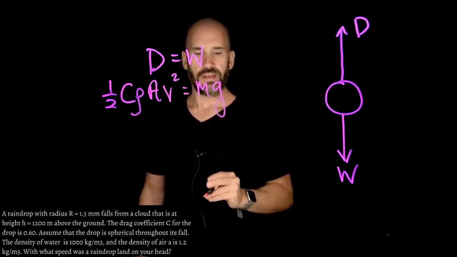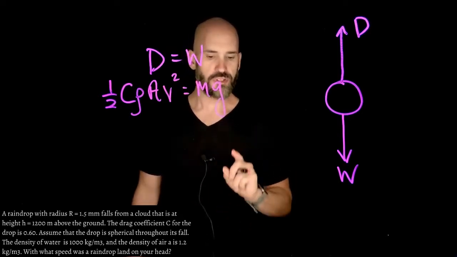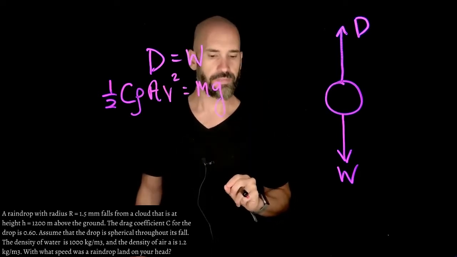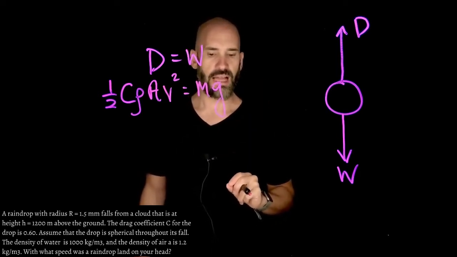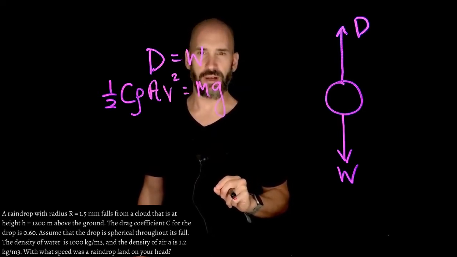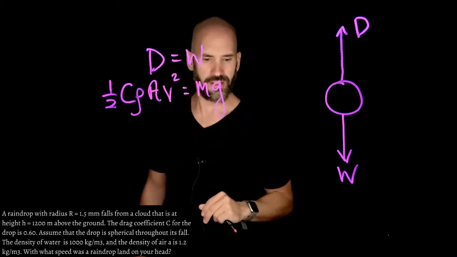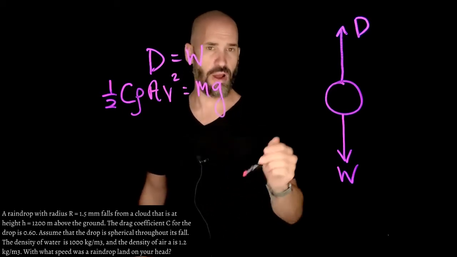Now, in this problem, I'm assuming that a typical raindrop has a radius of 1.5 millimeters, and it's falling from a cloud that's at a height of 1,200 meters from the ground. Do you need that? No, it's a red herring. I'm telling you that the drag coefficient,